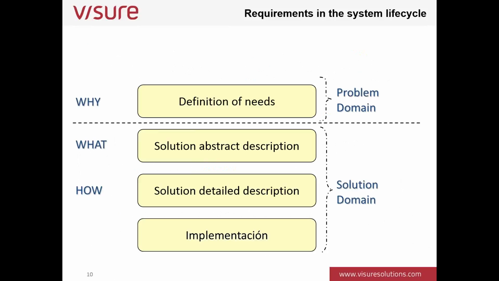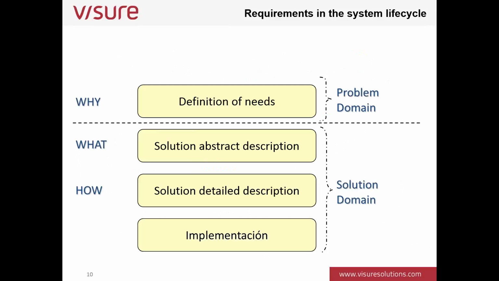Okay, why do you need this? This is going to be the problem, and this is going to be the problem domain. The first stage, defining these needs, is the problem domain, and it's going to answer the why question. Okay, once we have all that, we can start asking what we are going to do to solve that